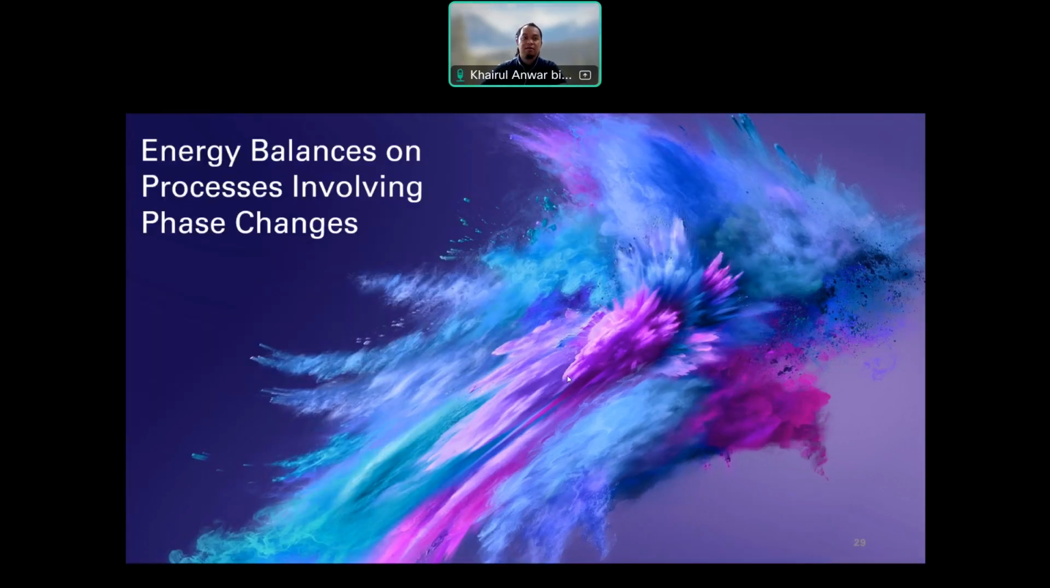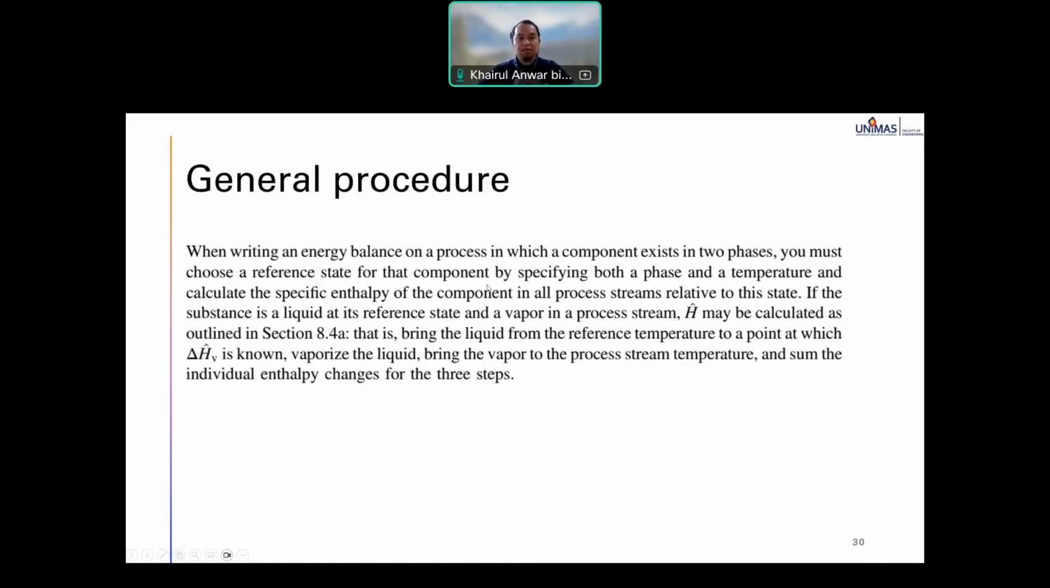After the revision, development of processes involving class changes, general procedure,